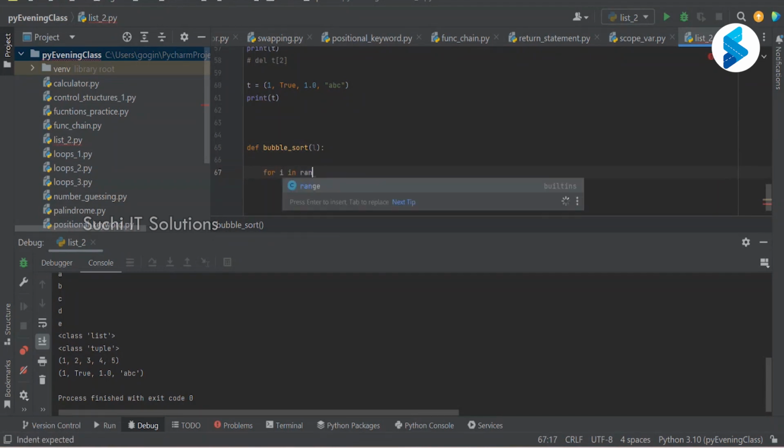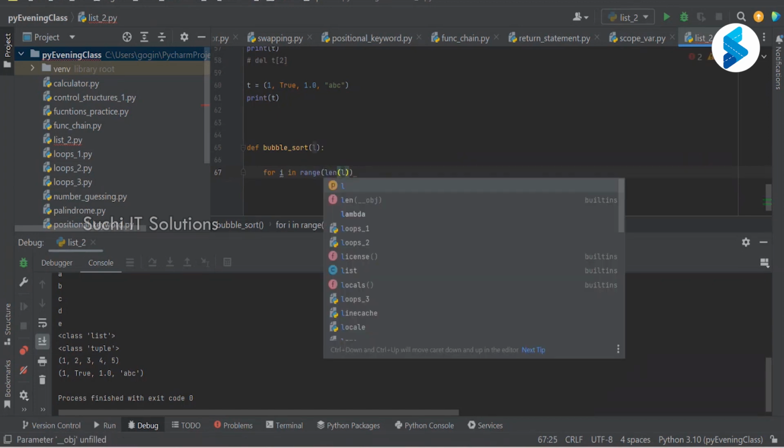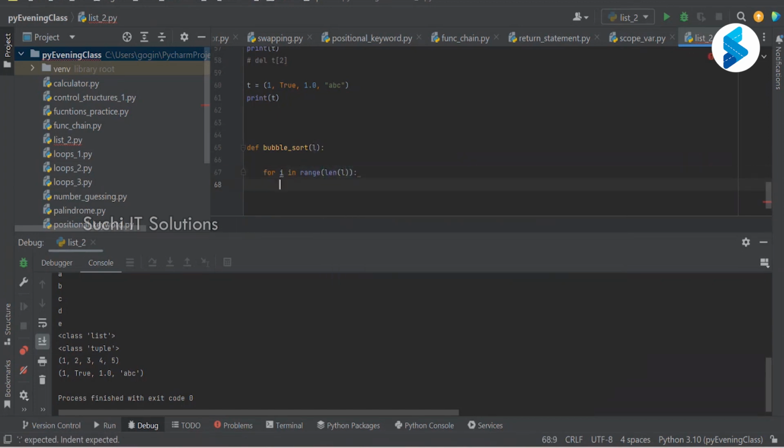For i in range of len of L, that is the input value. For j in range of len of L minus i minus 1,